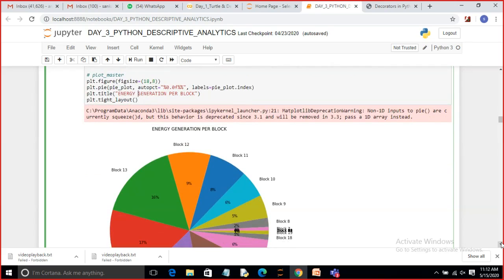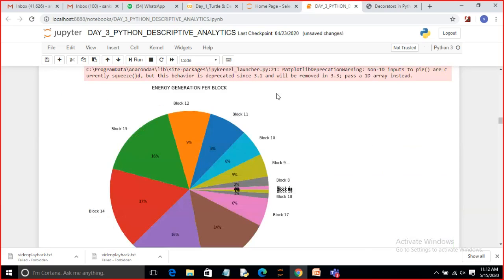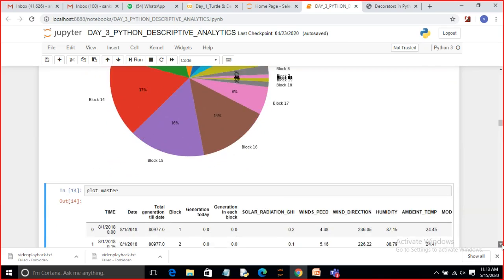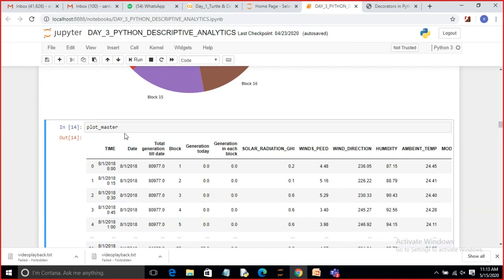See here, once the execution is done. Then I am plotting the master, plot master, that table and display.